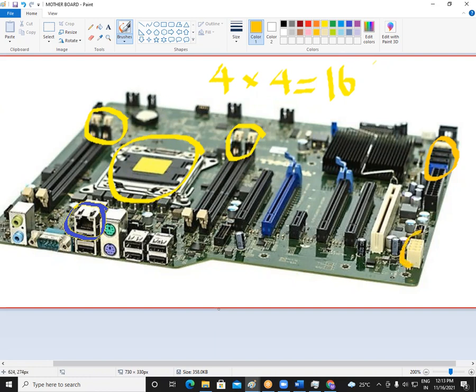And here the power supply will come. The SMPS power supply is connected here. No need to worry about the other things. There is USB here, PS2 keyboard, mouse, sound. This you know very well. Internally we can also see some VGA port and other things like north bridge, south bridge. No need to worry about all those. Overall, you should know where exactly each component will be connected, especially where the CPU should be connected, where RAM should be connected, and where the hard disk should be connected. Okay, friends, so this is your computer motherboard.